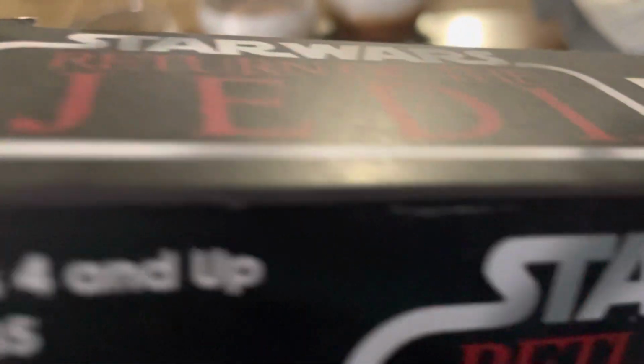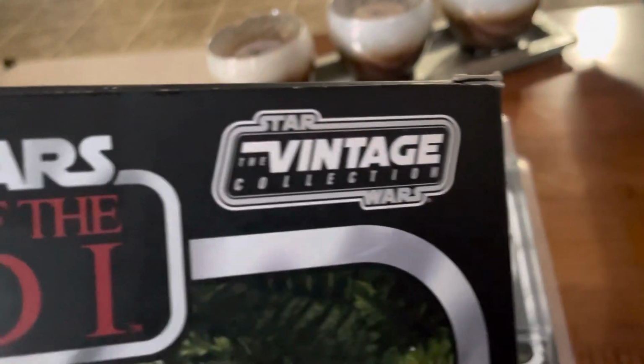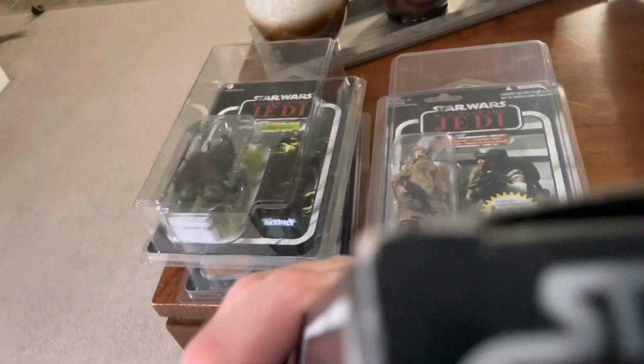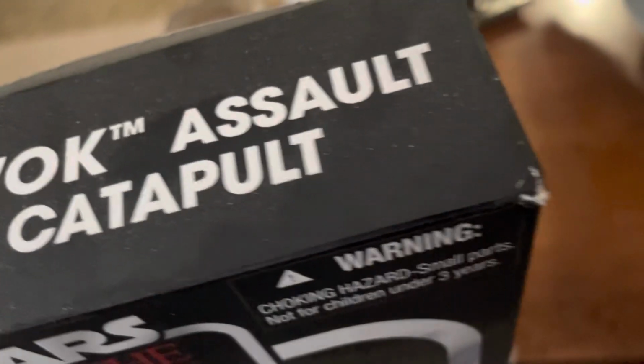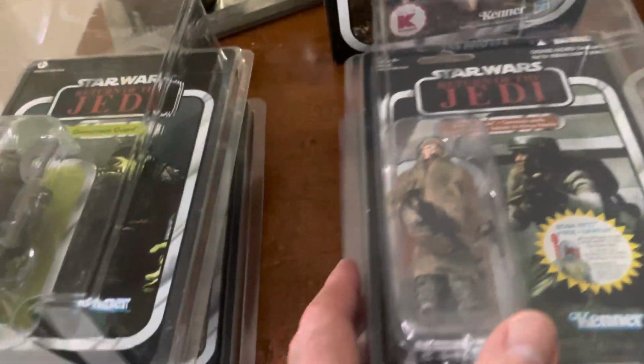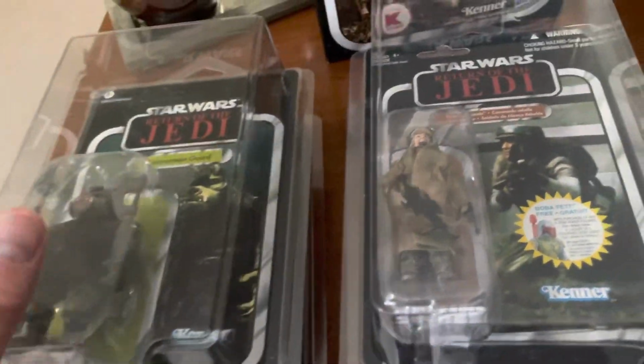That's about the most wear that it's had. I could probably toy Palloy all of this if I wanted to, just with a marker. I think it's probably a C8-5 condition. There's really no, I think that's probably the most amount of a bend there. I did open this just to make sure that's actually in there, a bit of tear there. But anyways, that's not for grading. And eventually I'll do some grading. But anyways, for the price that